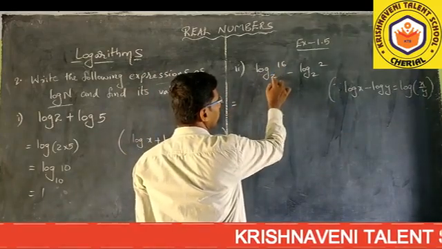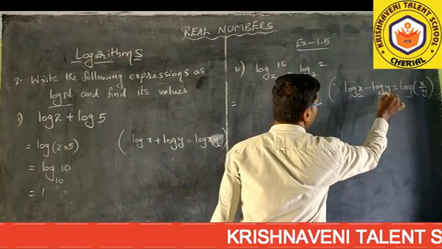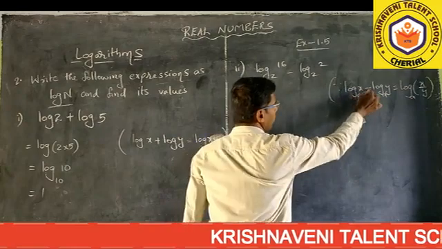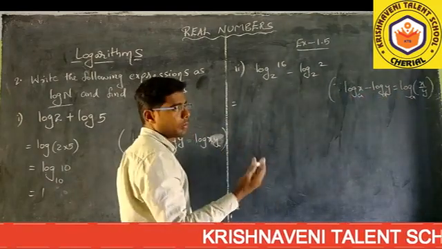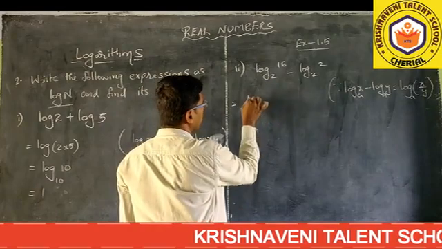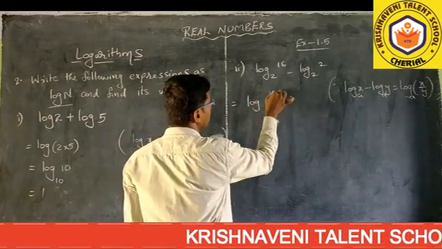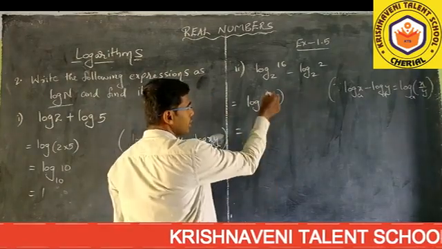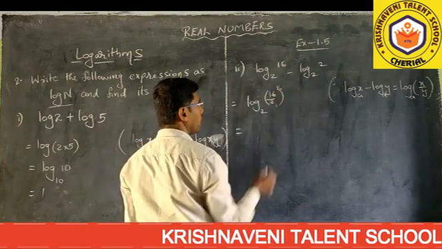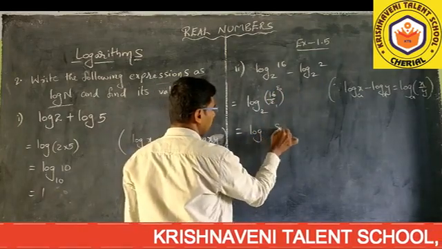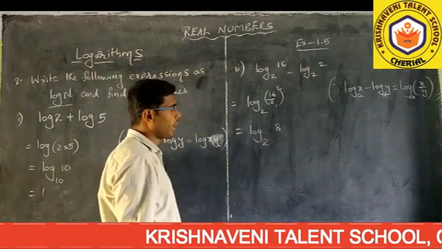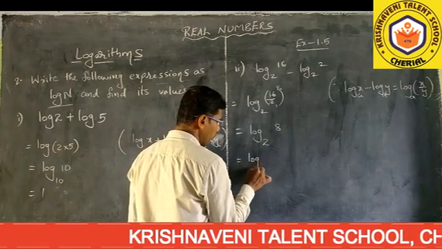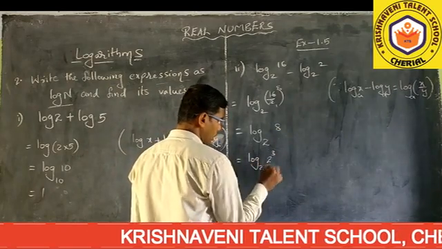In the same form, log x to the base a minus log y to the base a, you can write it as log x by y to the base a. That is the second law. By that condition, you can write it as log 16 by 2 to the base 2. 16 by 2 means 2 eights are 16, so it equals log 8 to the base 2. And already you know that 8 you can write as 2 cube, which equals log 2 cube to the base 2.